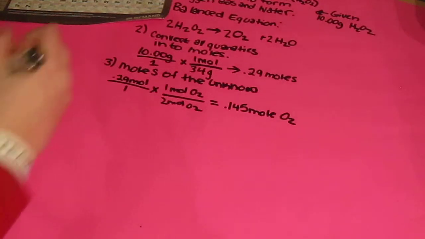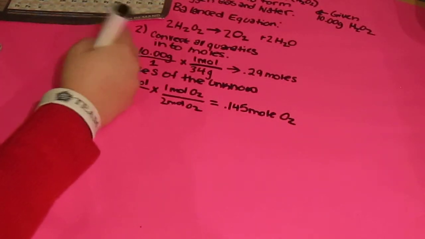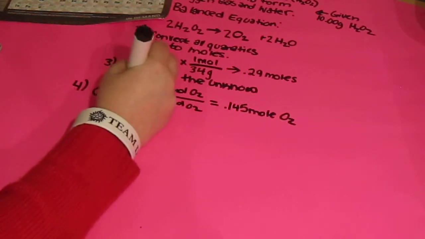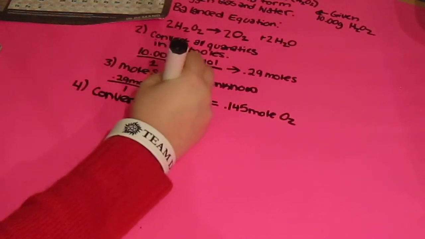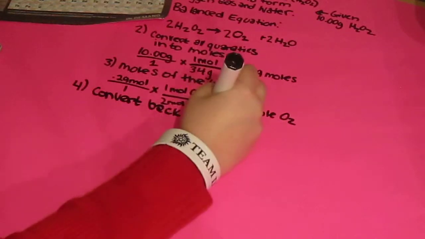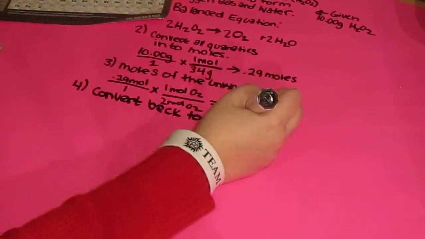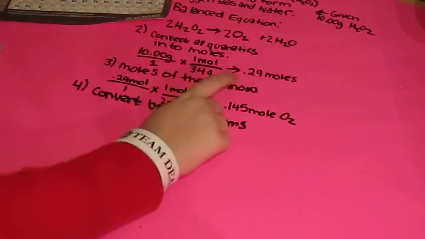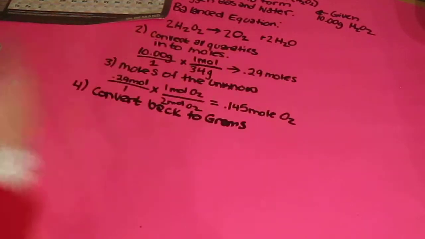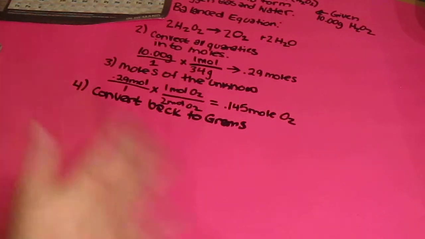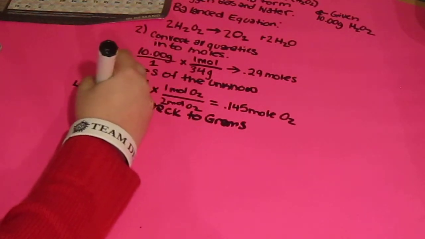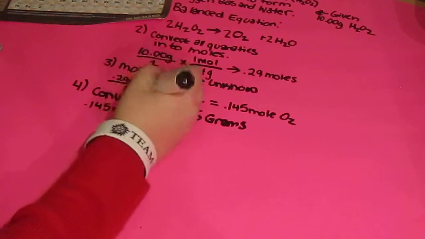Now for step 4. So you want to convert back to grams. And say that it says, after you find how many moles of the unknown O2 there is, how much O2 is produced in grams? That makes sense. So you are going to take your 0.145 moles over 1,